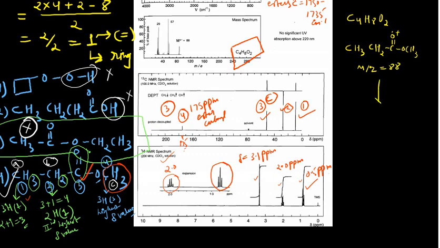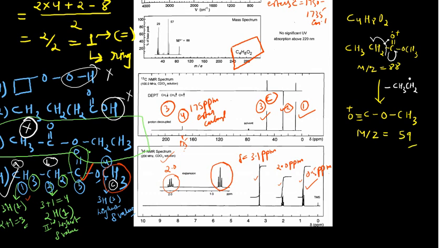And if it undergoes alpha cleavage, then what will it give you? Say for example, you are breaking the bond from here. You are breaking this particular bond, so this will come here, and this one electron will go there. So you are left with CH3CH2 as a radical, and then you are having C≡O positive, then OCH3. You are having this particular species. If you calculate the molecular weight of this one, it will give you 59. So you are getting the peak at an m/z value of 59.